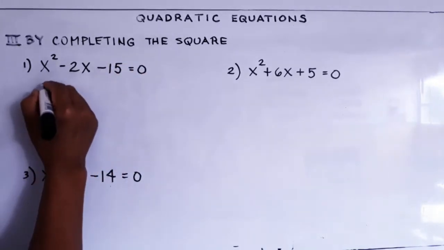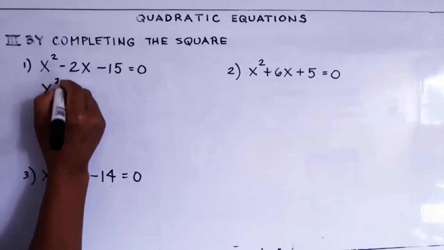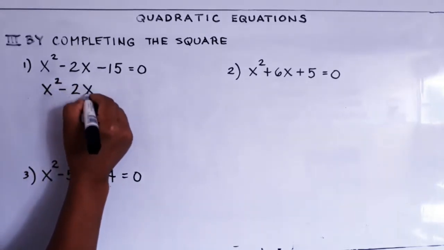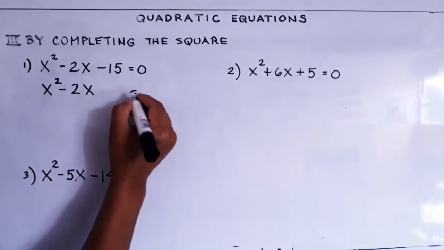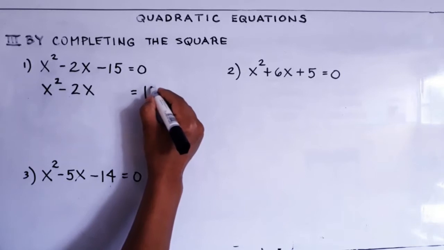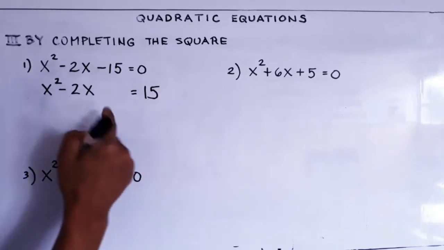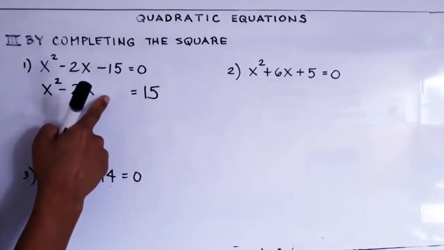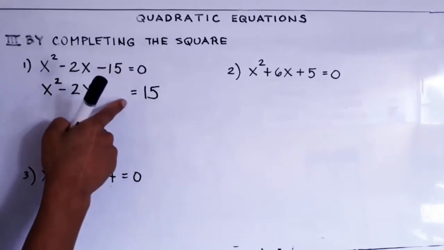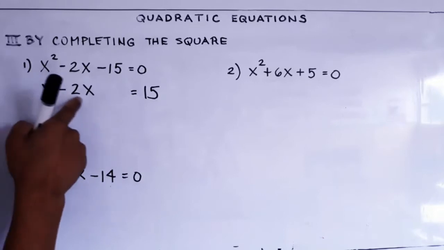So this one will have x squared minus 2x. We'll just remove the minus 15, put the equals here, and then put the 15 on the other side. I remove the minus 15 here and transpose it to the right,